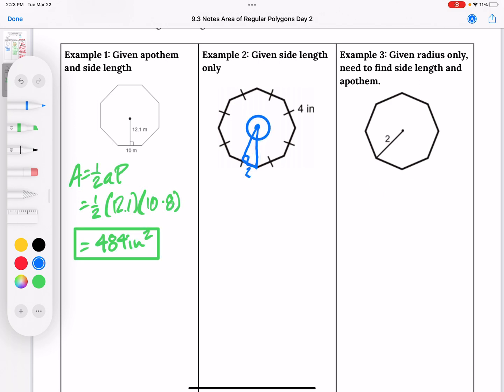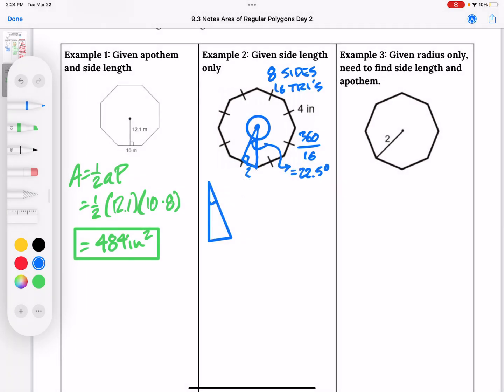I know that because there's 8 sides, that means I can make 16 of these triangles. So I'm going to divide 360 divided by 16, and that gives me 22.5 degrees. That is this angle right here, is 22.5 degrees. All right? So that means my triangle, if I pull it out, looks like